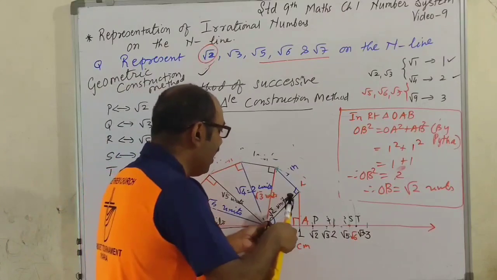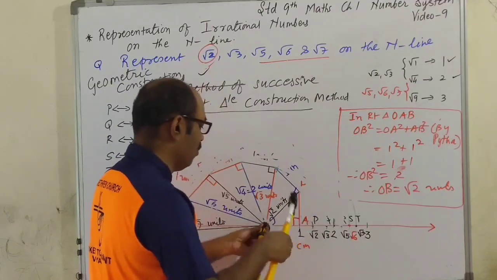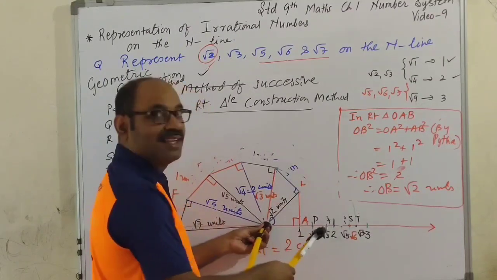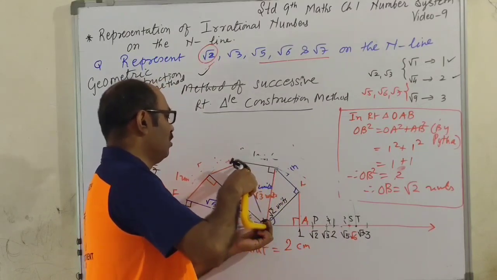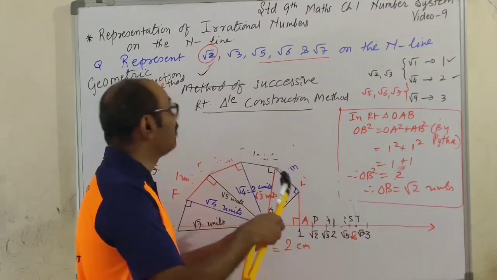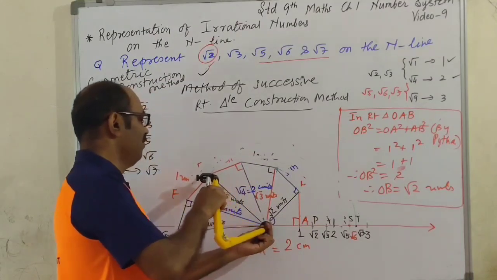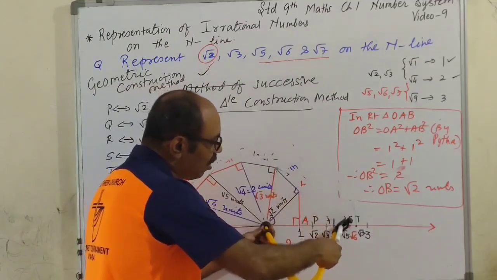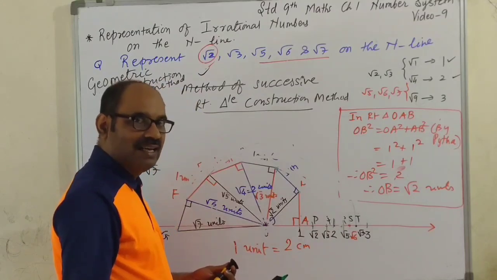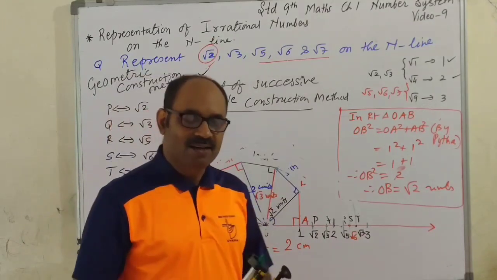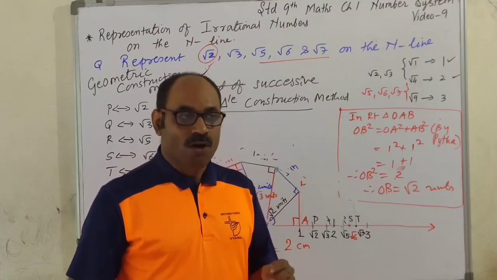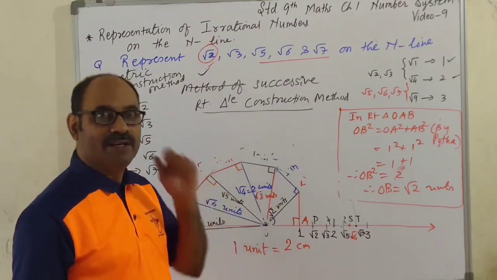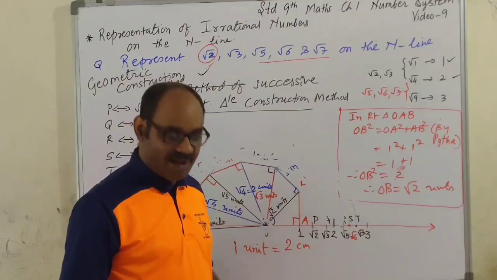Correct? So what can we do? This is √2, just draw only this. Then take √3 as radius, don't draw the whole circle, just show it here by cutting. Then √4 is not needed at all, it's not asked. So choose this radius for √5. Then there is no need to draw this whole circle, only this cut mark here. Is that clear? Do you want to make this a little bit simpler? Yes, why not? Okay, so in that you draw only the successive right triangles and the number line you draw below it. Okay, I'll show you how you can simplify this one.